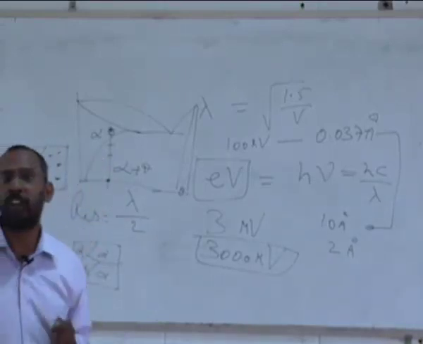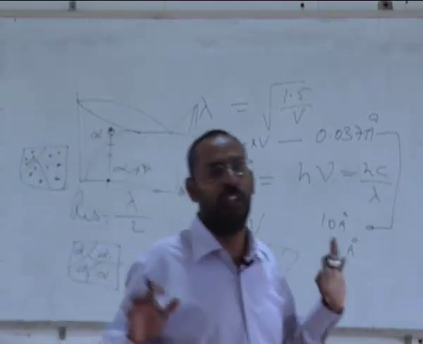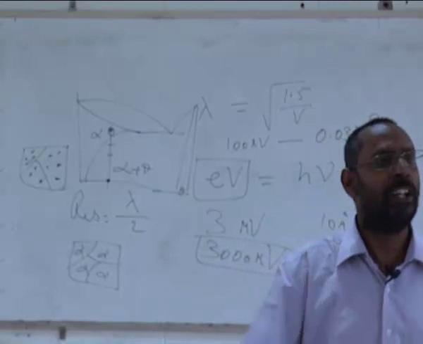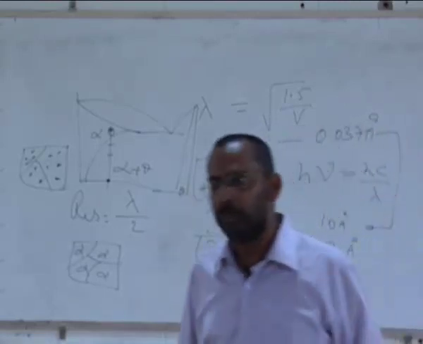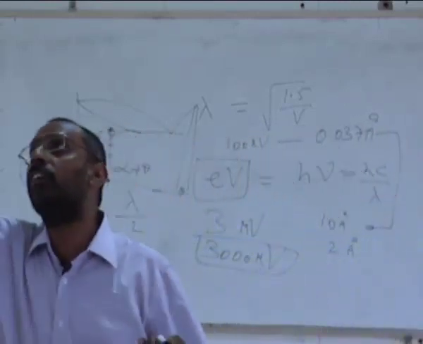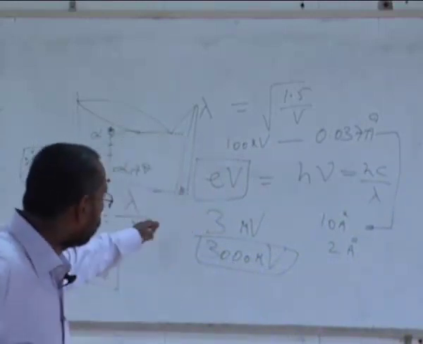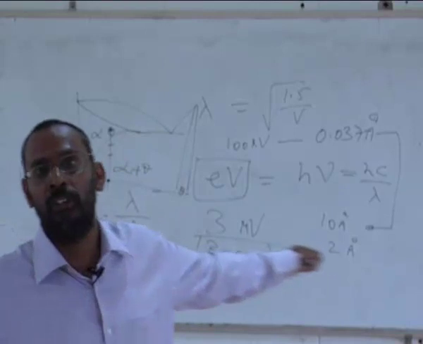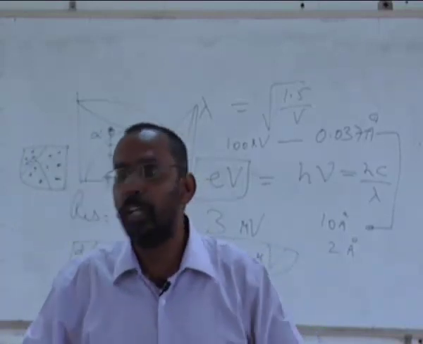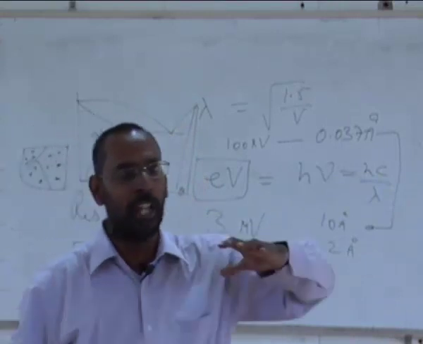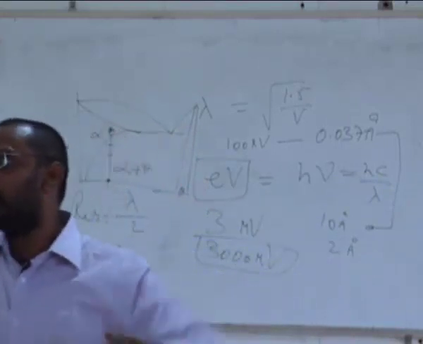So what people now started doing is, let me not use very high voltage. High voltage is a problem. First of all, creating such a high voltage itself is a problem, because the normal voltage that we all use is about 220 volts only. We are talking of from 220 volts to 3000 kilovolts, imagine. So you need to have a step-up transformer which can increase the voltage to that level.